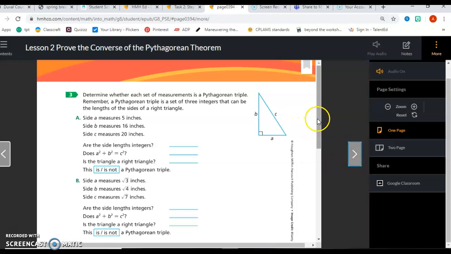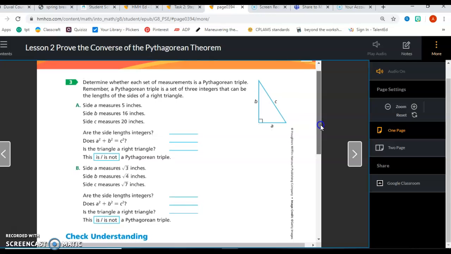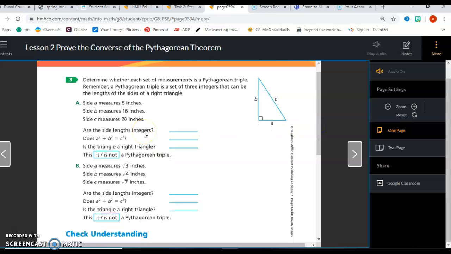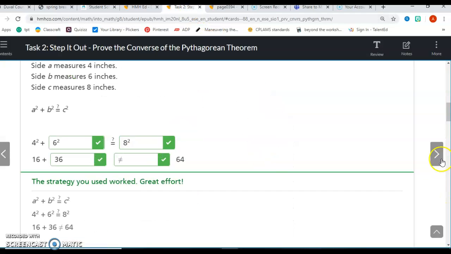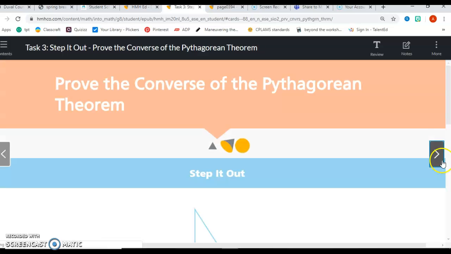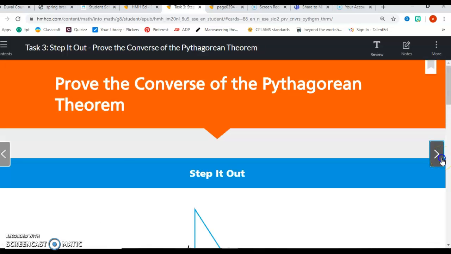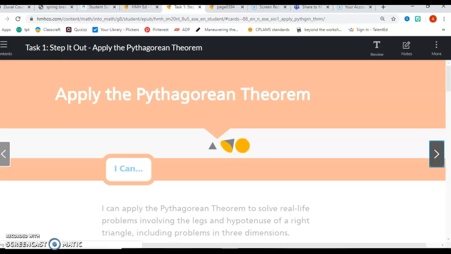Moving on to 376. 376 is where we are bringing back in that vocabulary of the Pythagorean triple. Pythagorean triple is when all of the measurements are whole numbers, all of the measurements are integers, and